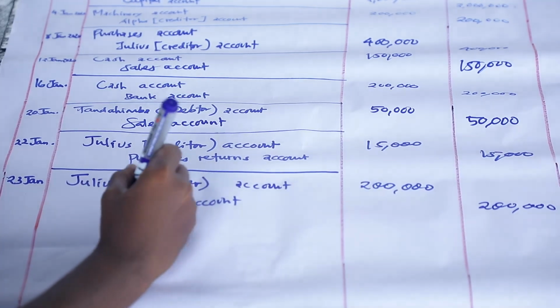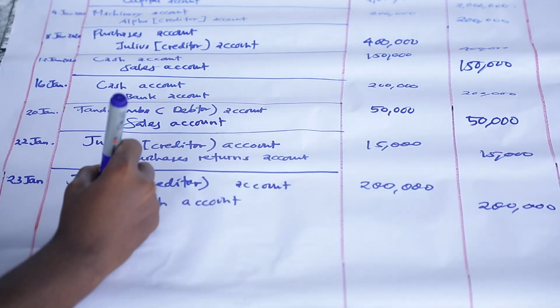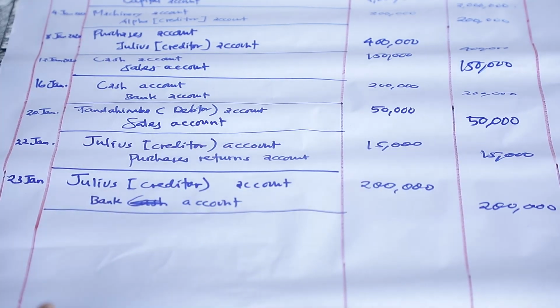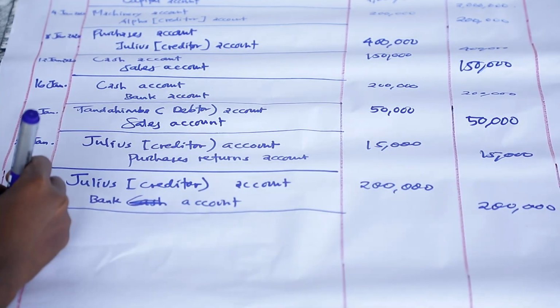And we're going to use the bank account because we paid through check. So here we're going to debit the bank account. So after that, we're going to the next date, which will be on 24th